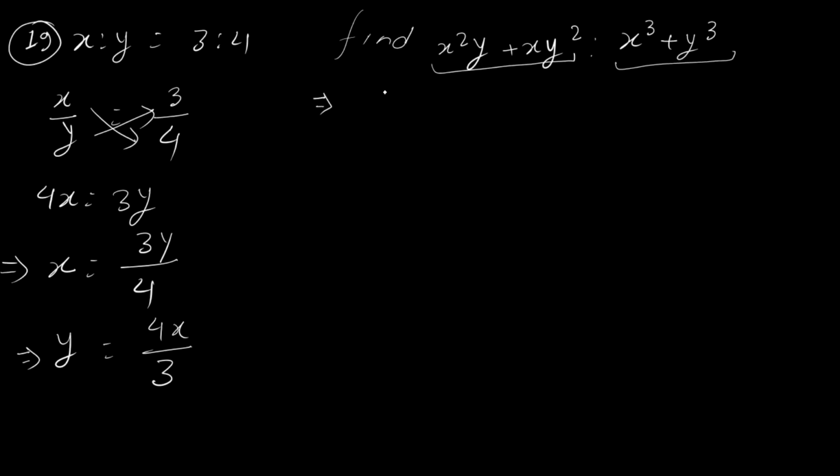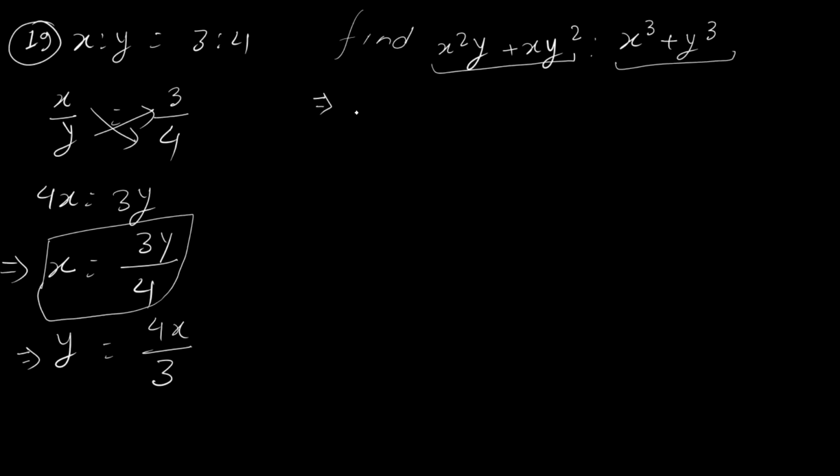Fine. Now let's start with the solution. We'll put the value of x only. So what about the value of y? If you put the value of y, then you have to put only the value of y, so that only one variable x remains on both sides. And if you put the value of x, then only one variable y will remain on both sides.